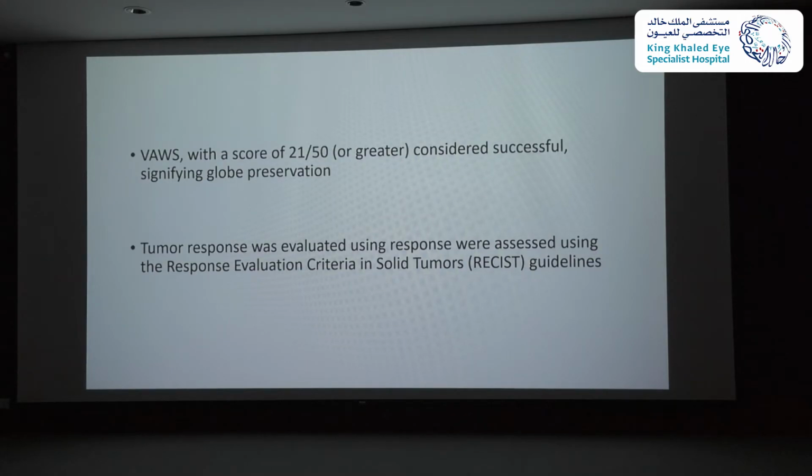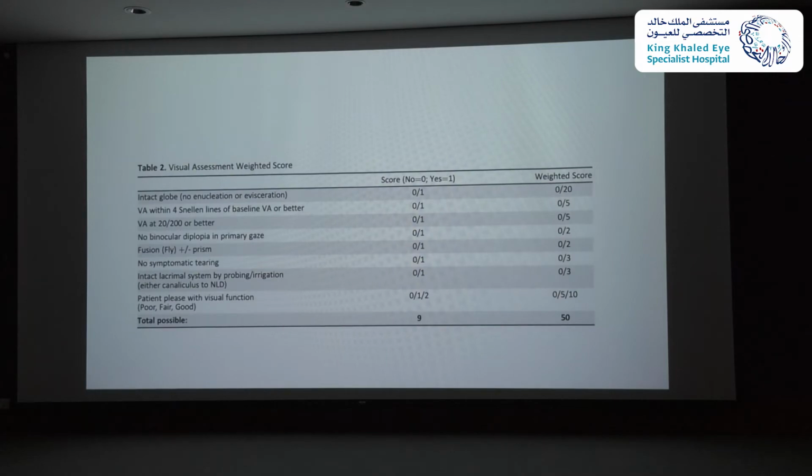And again, tumor response was evaluated using the standard response evaluation criteria in solid tumors guideline. This is the VAWS score. You can see here, if the patient has his globe at the end of treatment, he scores 20 immediately. And here are other